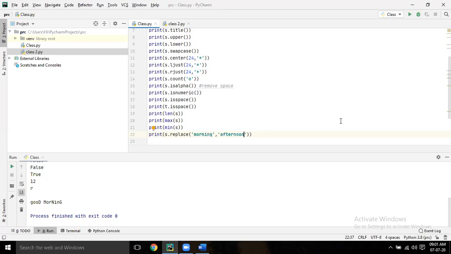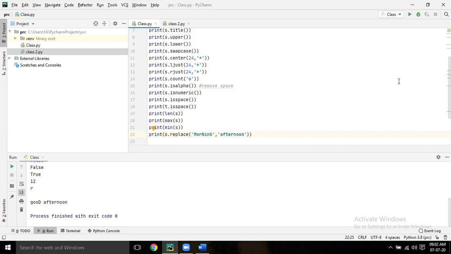No, sir. No, because it is checking the exact Morning. M is capital, you write here. M capital, N capital, G capital. Now you do. So it will replace that string. If you want to replace something, you can do it like that.